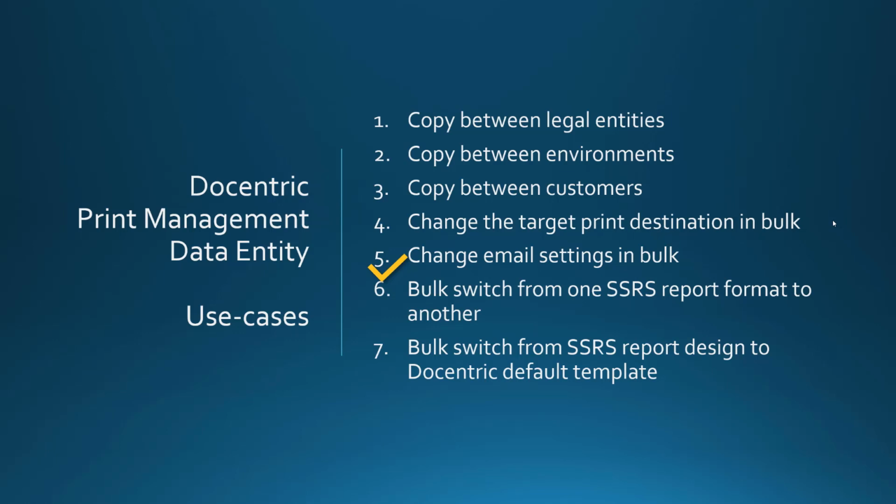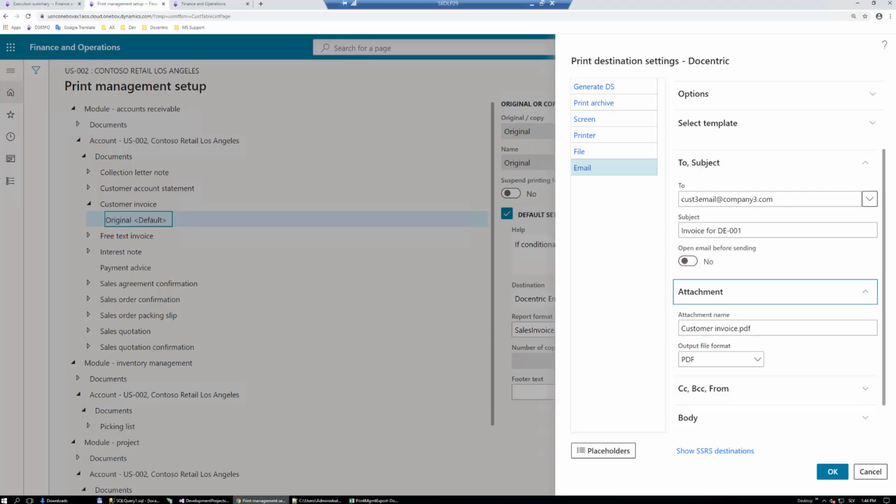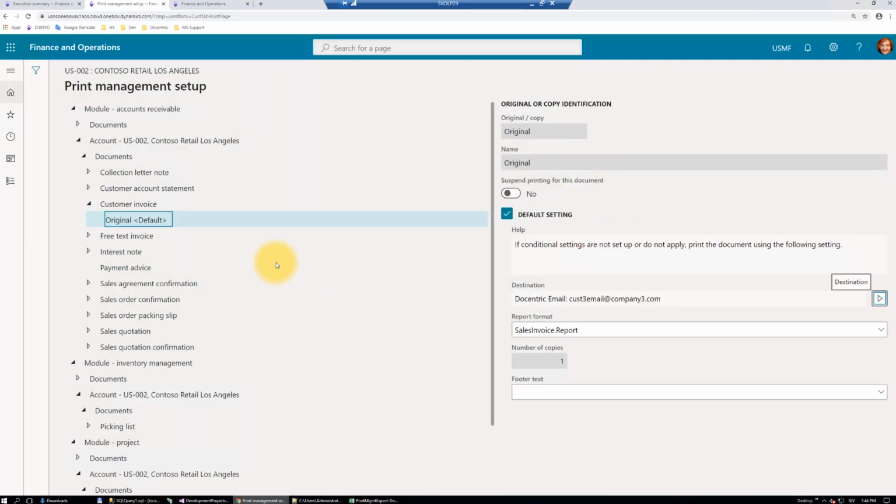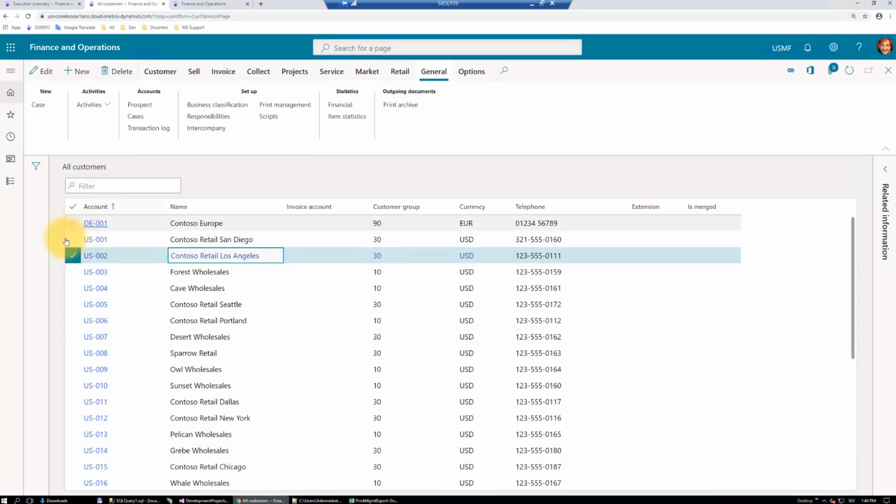And again, you don't want to do it customer by customer, but you want to do it once on one customer and then apply the same settings to other customers. So let's see how that can be done. Remember, in last scenario, we had on these three customers configured the print management to be